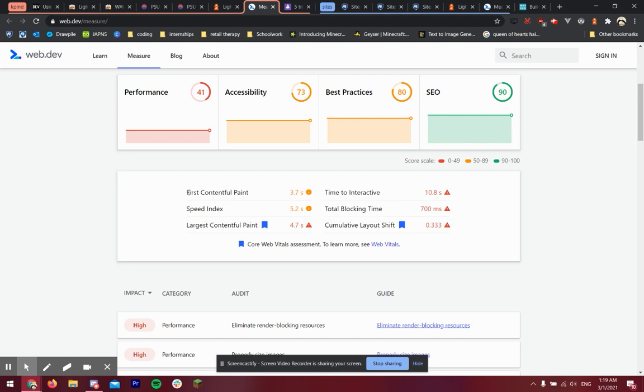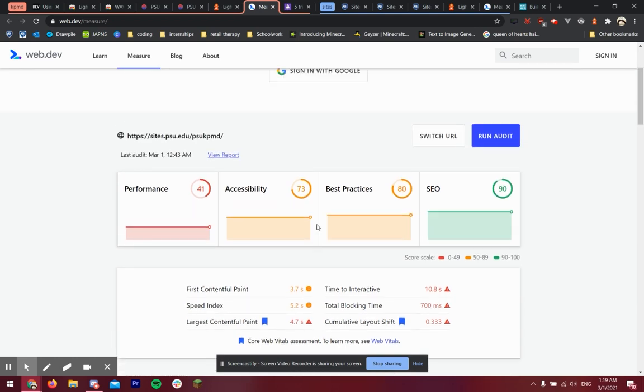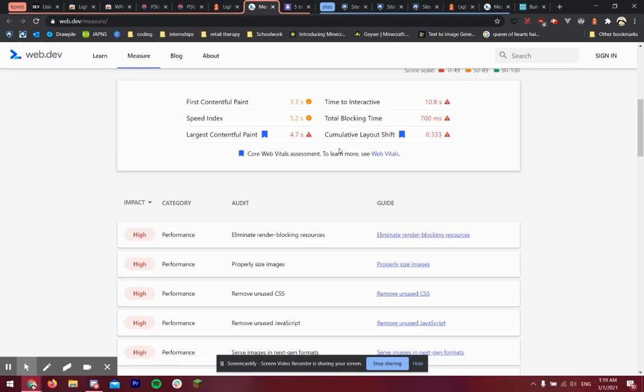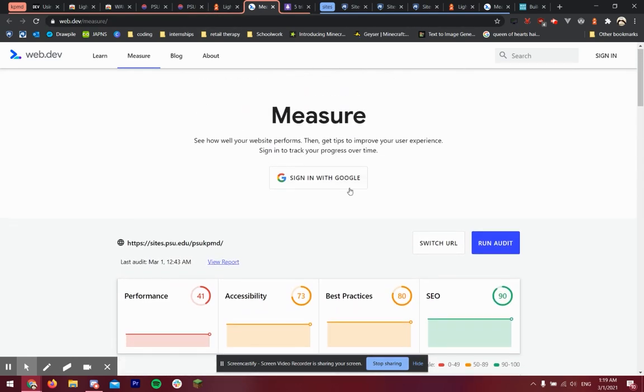So just to be clear, for me, I wasn't sure about it. First contentful paint is how long it takes for the first item in your page to load, and then largest is basically the largest item, and total time is just everything, how long it takes. So that's how it is with